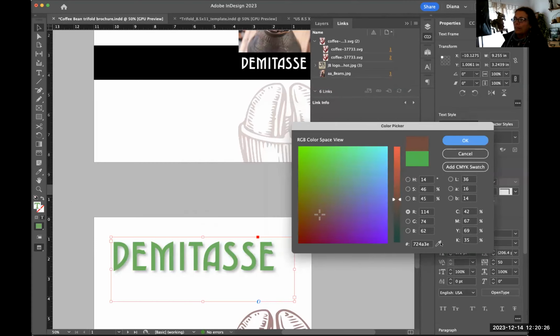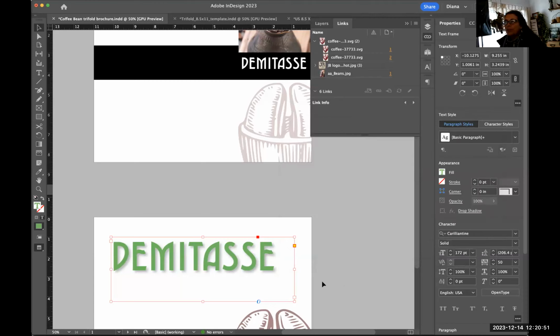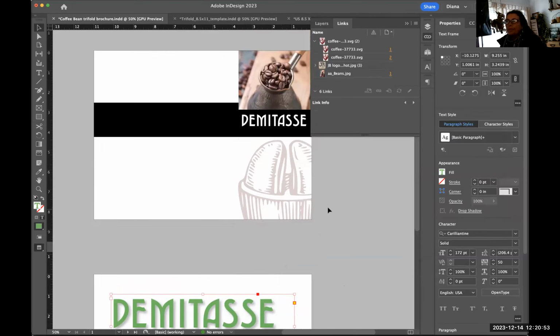I could also pick up this, I believe, I might have to do it otherwise in Photoshop. If I click on this eyedropper, I should be able to, nope, it's not giving me the option. Okay, I guess I need to do that in Photoshop. Here, I just need to choose it by the numbers. When I want to choose a color that's very specific, the way I like to do it personally, so I'm going to cancel, is I want to choose it in the actual